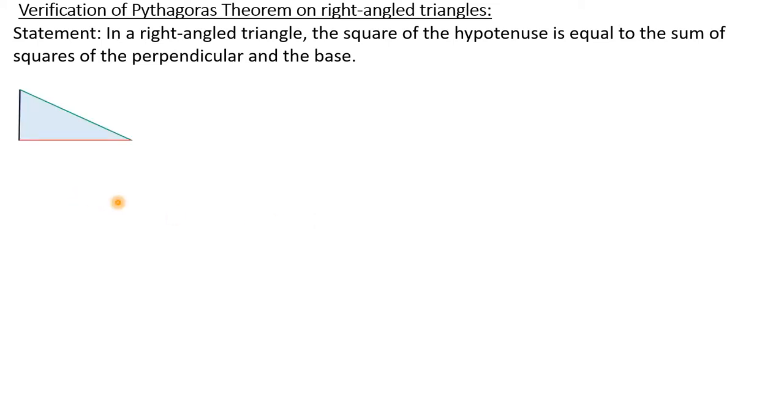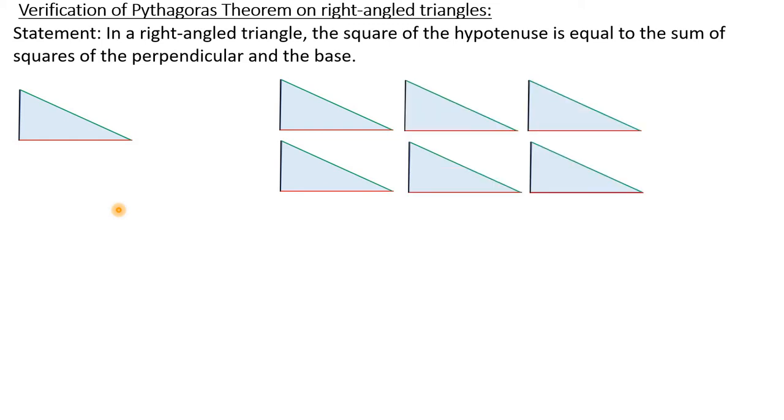So we are taking a right angle triangle, as you can see in the figure. In this, the hypotenuse is colored green, the base is colored red, and the side perpendicular is colored black. In the activity, what I do initially is I am going to take 8 exact copies, congruent copies of this. Means they are the same in shape and size. That's the meaning of congruence. As you can see, copy 1, 2, 3, 4, 5, 6, 7, 8 copies of this triangle I have taken.